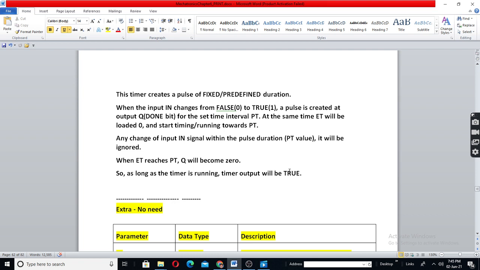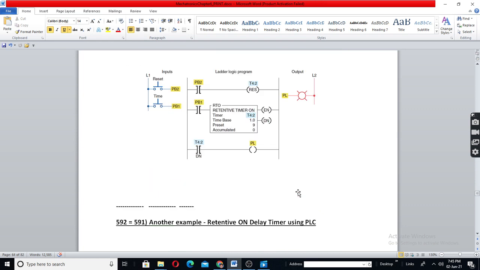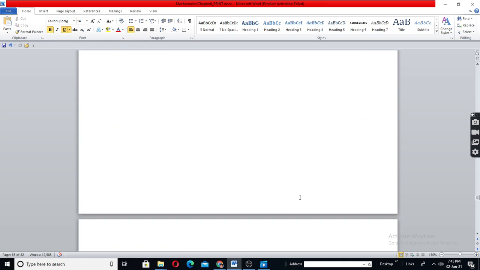Hence, some cheap PLCs have only an on delay timer. For the programmer, it will take some extra time and extra memory to write the program.